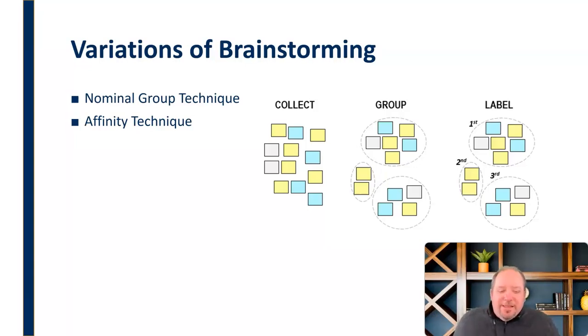And then you would label them as, this is our primary option or a secondary option, or the option that just will not work and we shouldn't talk about anymore, or whatever. But we want to group those. And so it's just a slightly different way of doing the nominal group technique.